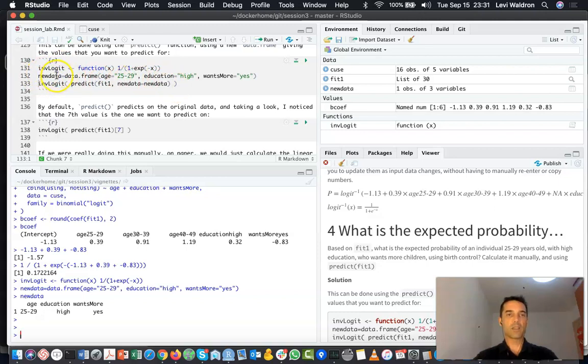This in this case is called new data. It could have been called anything else. I'll just give you an example. Also, by the way, it doesn't matter whether you use equals or this left sign. They're the same here. Usually I like to use this sign just to make it look different from these equal signs. And just to avoid the confusion of new data equals new data, I'll call this